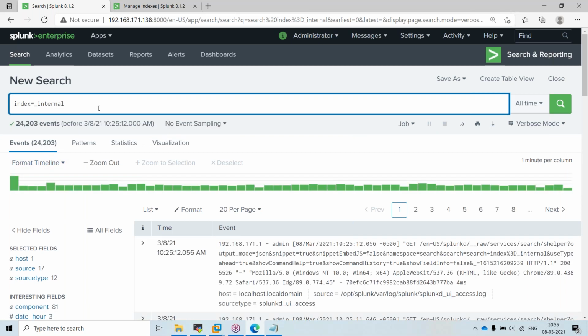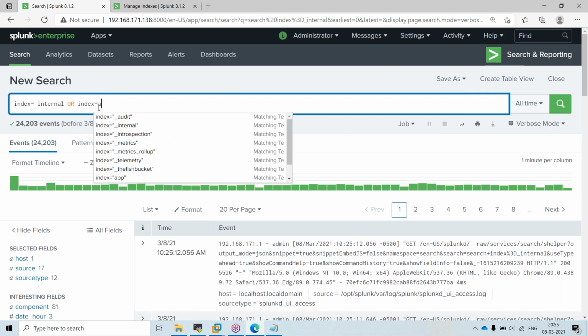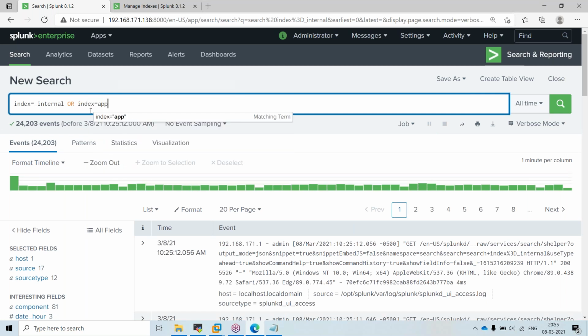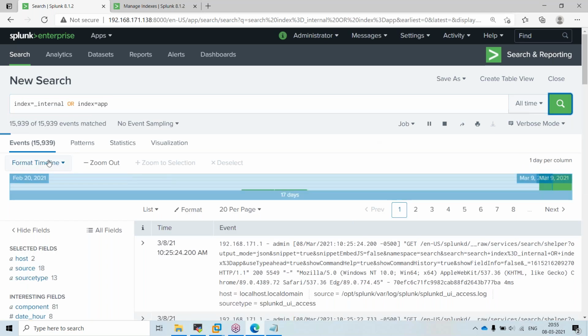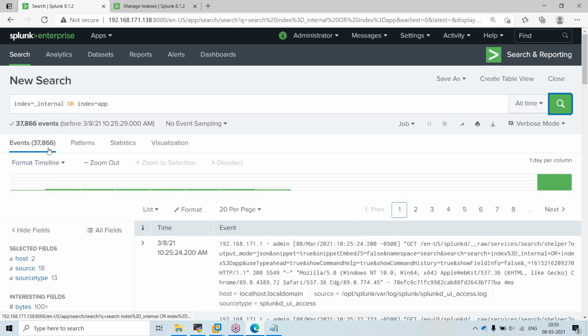So I can search for internal or app. What should happen? The number of events should cross 30 or 40k.